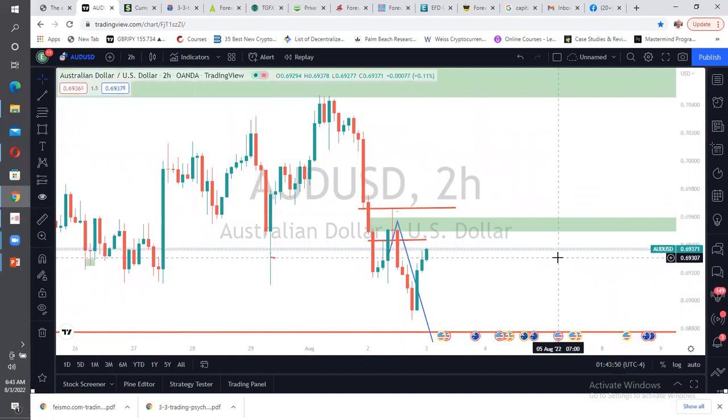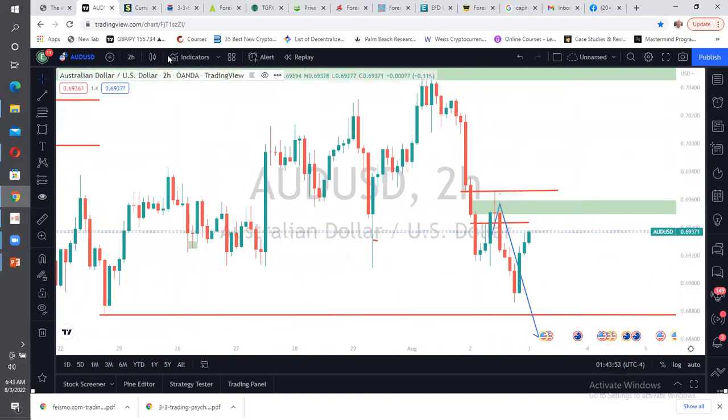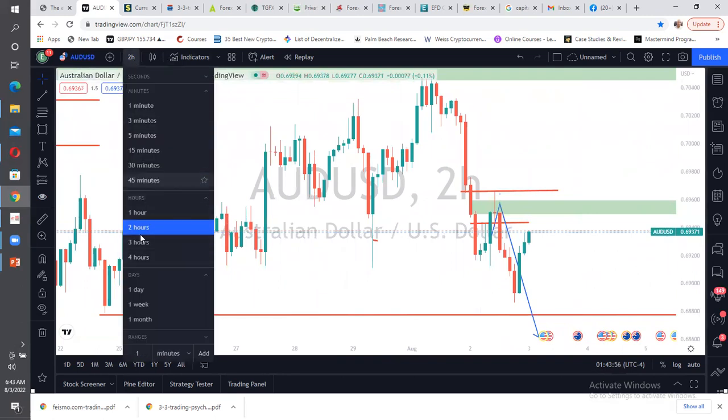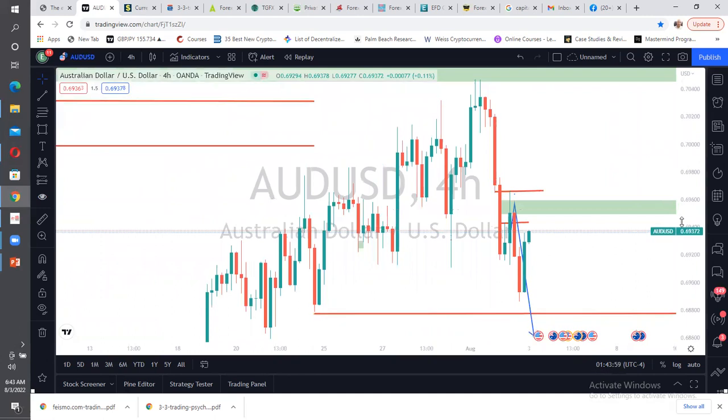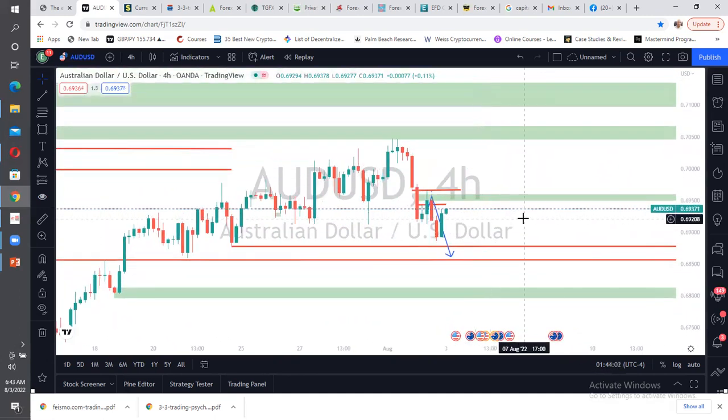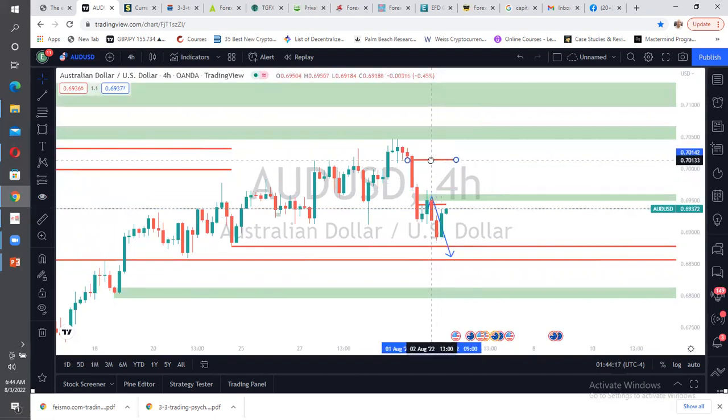Good. This is AUDUSD. AUDUSD has been performing well, so let's go straight to the 4 hour. AUDUSD has actually performed very well. It traded into this level here, this FVG, and flushed down to this level, then pulled back and began to trade up again. So what do we expect? We want to see them trade into this particular up FVG to flush the low down, because down there we'll have liquidity, right? So I would like to see them do this to the upside, then they will flush down.